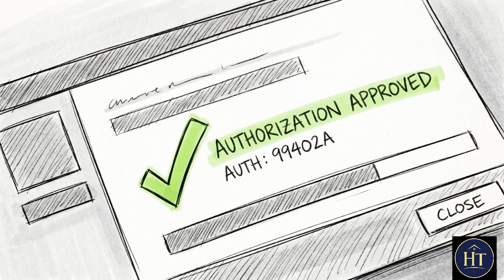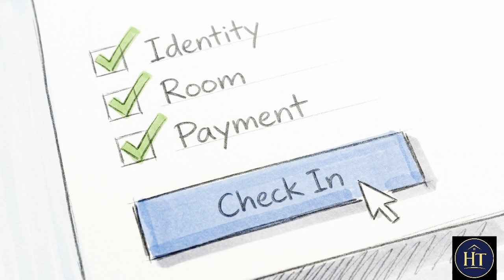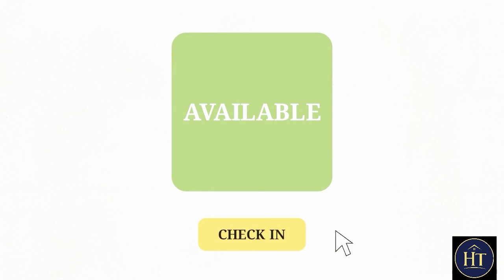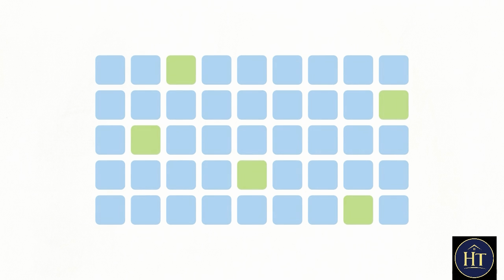Securing payment authorization right now, before generating a key, is the single most effective way you protect the property's daily revenue. You have verified the person, assigned a clean room, and secured payment. Now, click the check-in button to lock the reservation into the system. The moment you click that button, the system dynamically updates. The room's internal status switches from available to occupied, hiding it from other front desk agents.